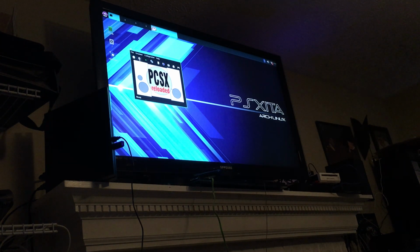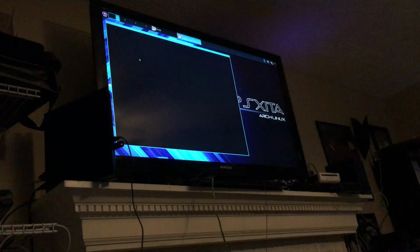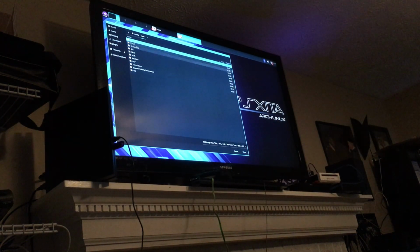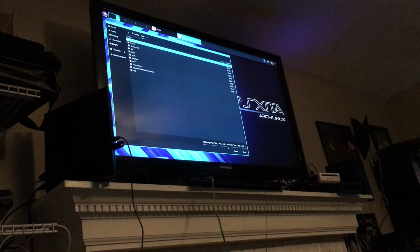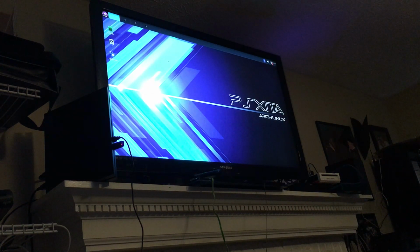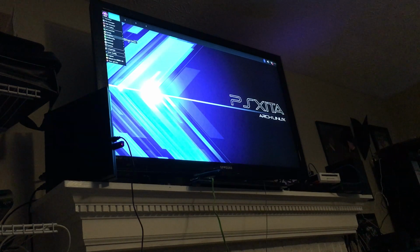PSXITA. What's this? Run ISO image. We have no PS1 images, so that's a bummer. But that's the emulator if you ever wanted to run PS1 games. Really cool. What else we got? We got